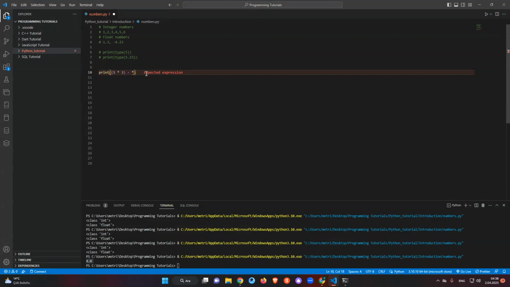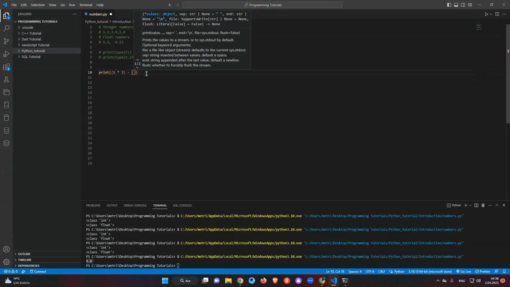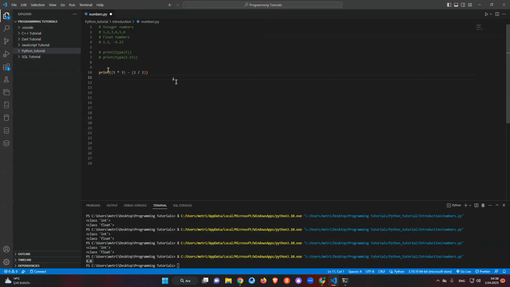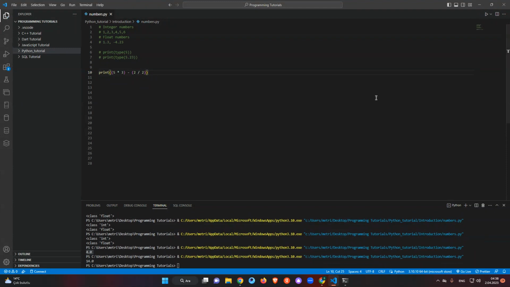And then I want to say 2 divided by 2. Let's say something like that, okay? We can make it longer, but I'm just showing you the concept, okay? Let's run it and see what will happen. It says 14. Did you see that? It works amazingly. So we can separate our work in steps and it will look more amazing than we think,